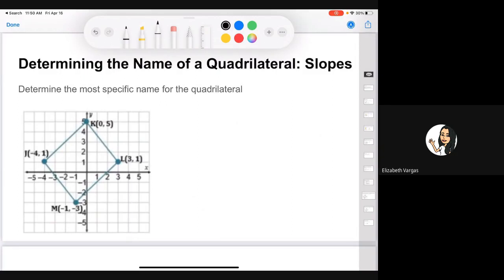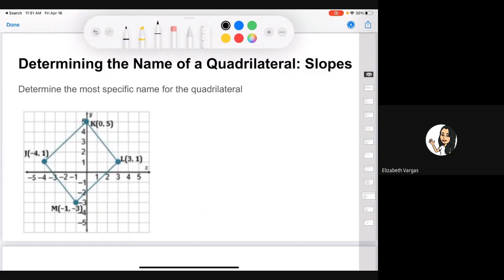Okay, so we did go ahead and do this before, but just a brief reminder. This one says determine the most specific name for this quadrilateral. So basically, we're trying to determine what type of quadrilateral we have here. And so what I'm able to do here is determine